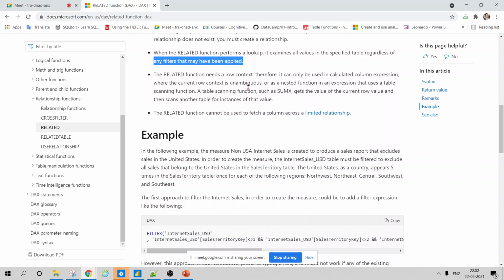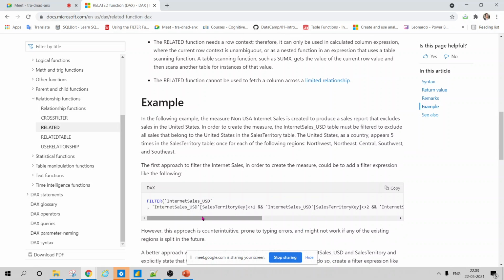You have to be mindful of this: whenever you apply a RELATED function, it will take all the values from the many side to the one side regardless of which filter you have applied. In that case, you have to additionally write some filter condition.